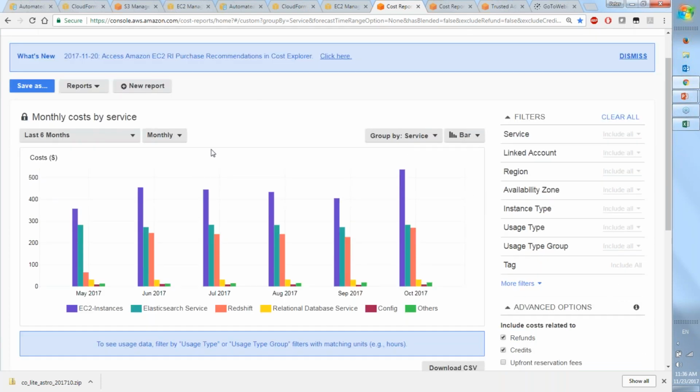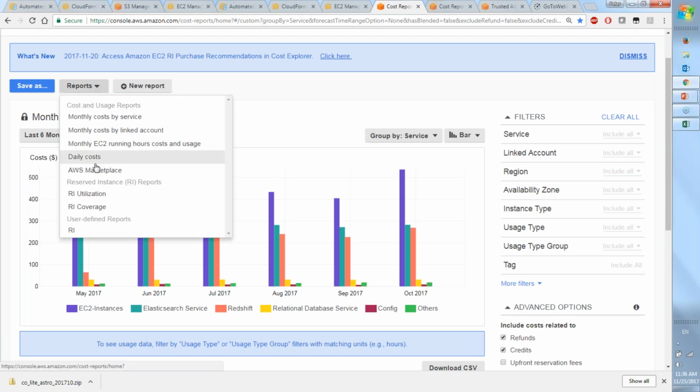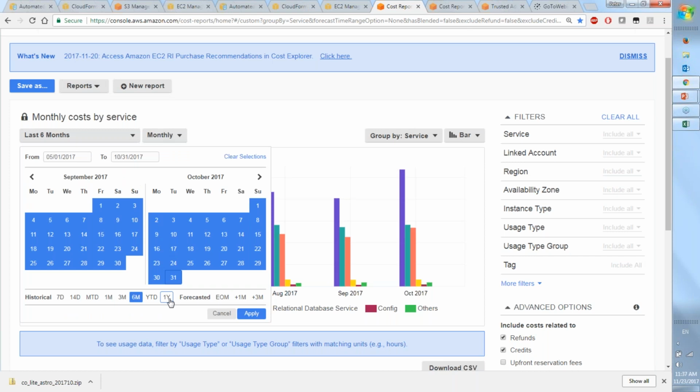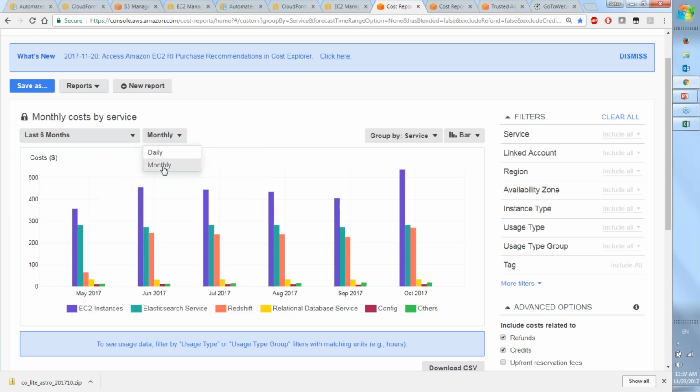And so in the example here, I'm having a look at monthly costs by service. There are a few different pre-baked reports within Cost Explorer, and you can save your report after you configure it as well. You can look over the last period up to a year. You can look at daily or monthly data, and it lets you answer questions around what am I spending, how's it trending, and where am I spending it?